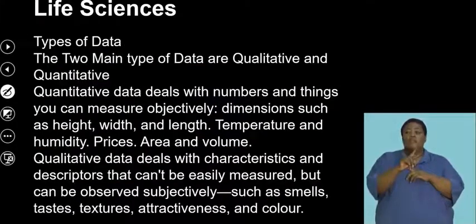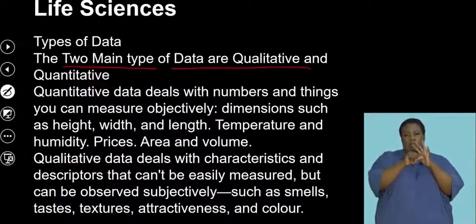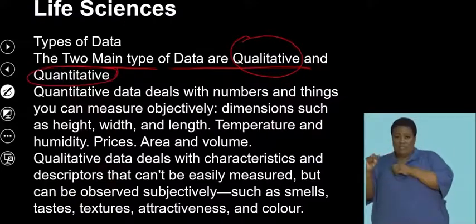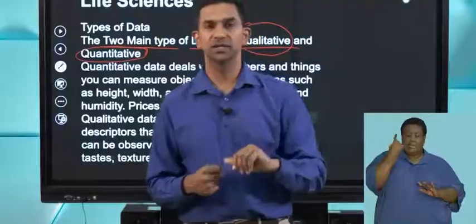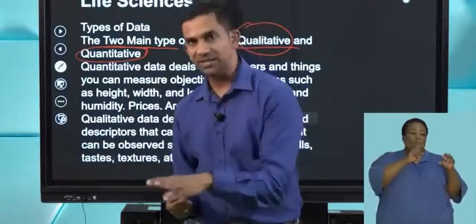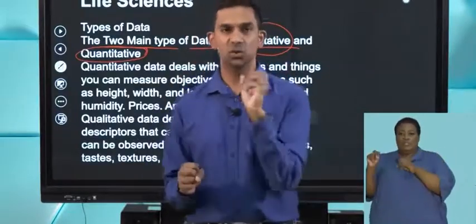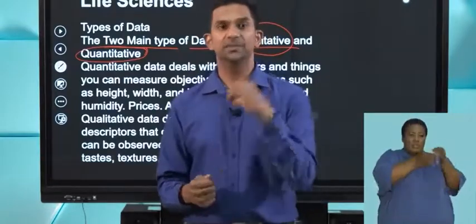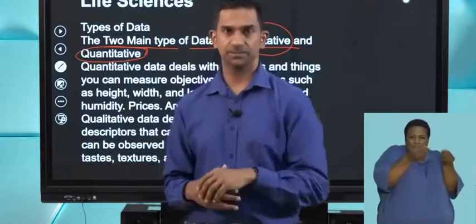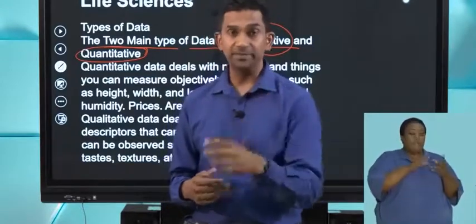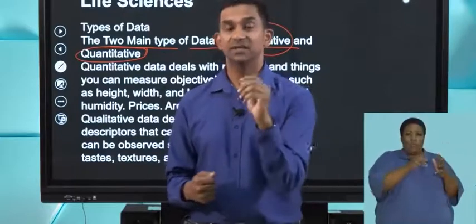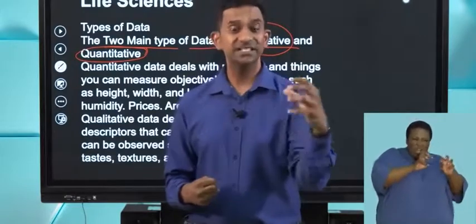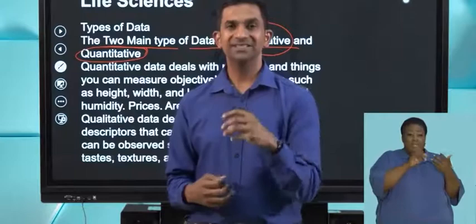Importantly, there are two main types of data, and we refer to them as qualitative and quantitative. Let's pause at this moment and try to understand the words quantity and quality. If you unpack the word quality, it refers to the properties of things. When you describe the color of something, the texture, the number of bubbles, those are describing the quality of a result. So if there's a dark color, or an intense precipitate that's formed, that is the quality of